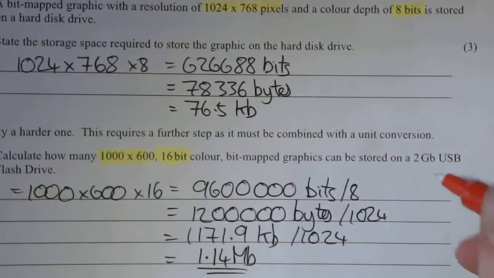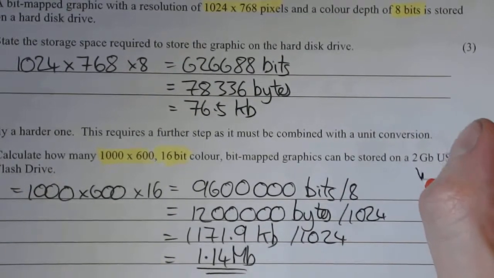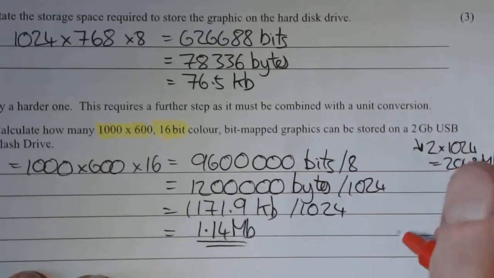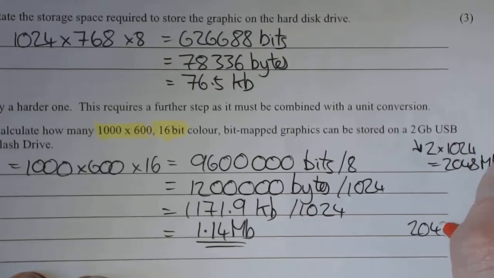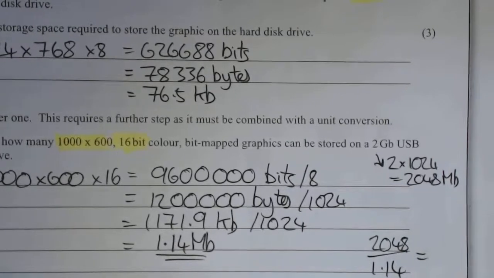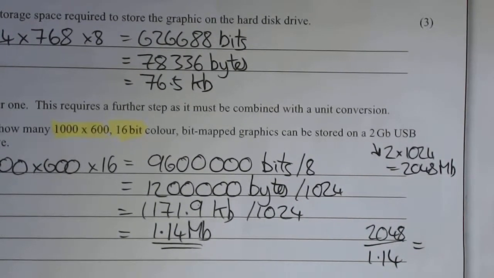megabytes. Now we've got 2 GB cards. If you want to get 2 GB, the number of megabytes is 2 times 1024. Okay, so that will be 2048. So we want to find how many of these pictures go into this card. So all we do there is 2048 divided by 1.14. Remember, if it's a number with a decimal point, you just round down because you don't want a 0.8 of a picture. So 2048 divided by 1.14, and that is